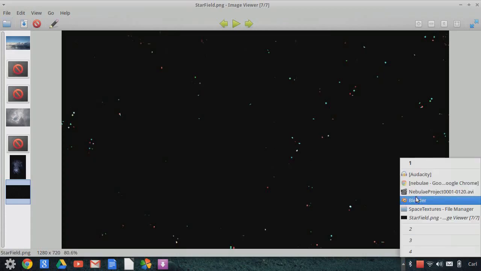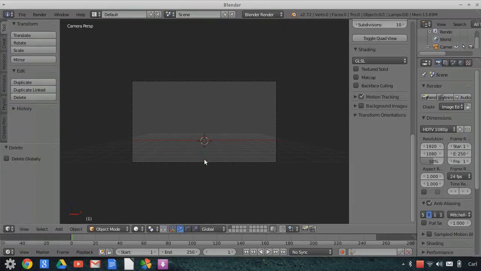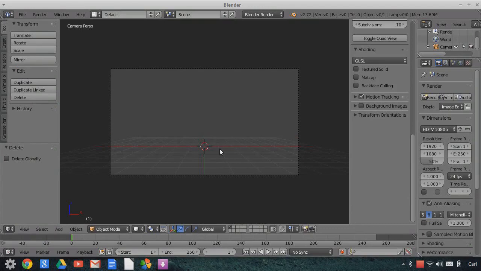So let's go back to Blender here and get to it. The first thing that we're going to do is start importing some images and applying some material settings to them. So let's grab the most background image. Now, as we do this,